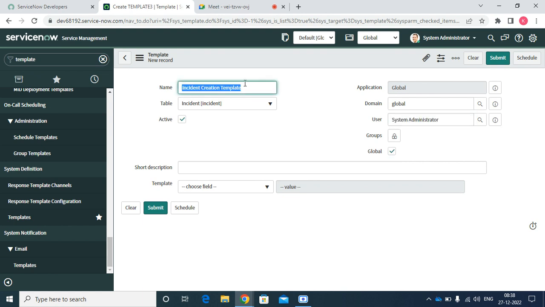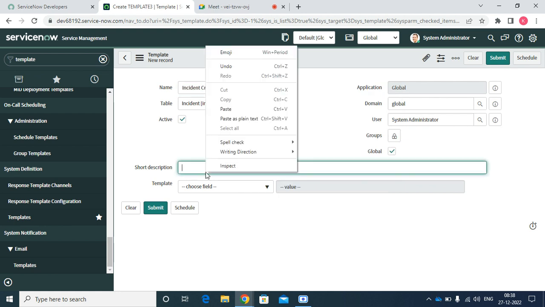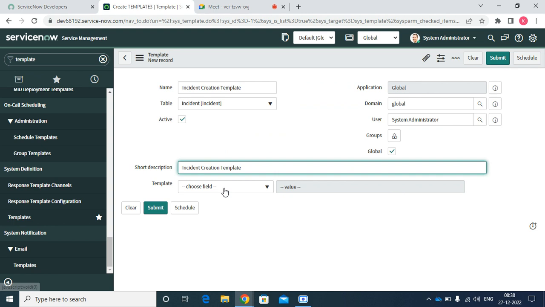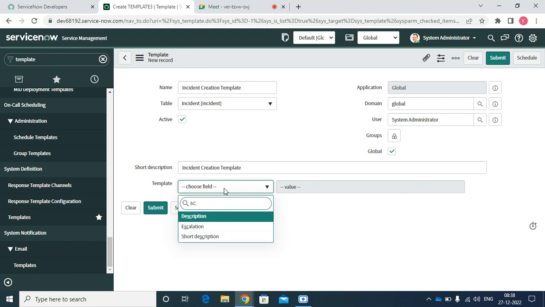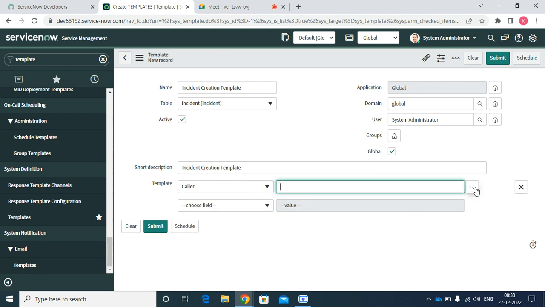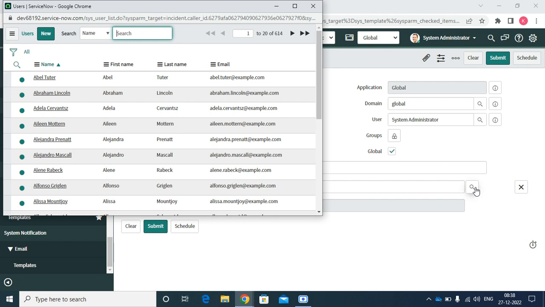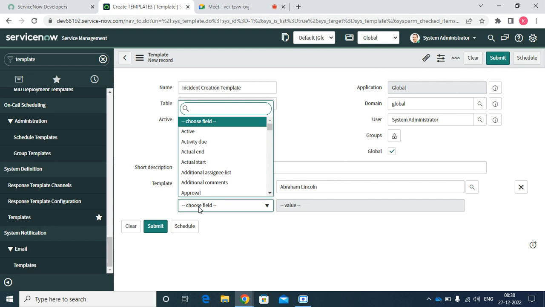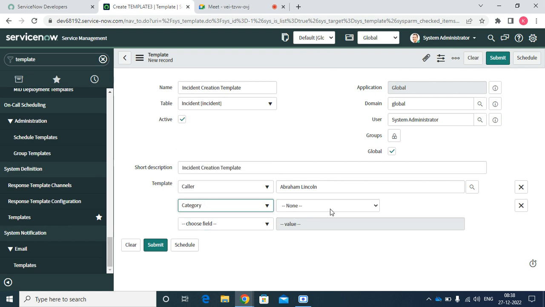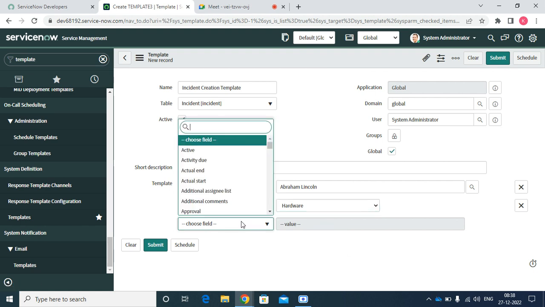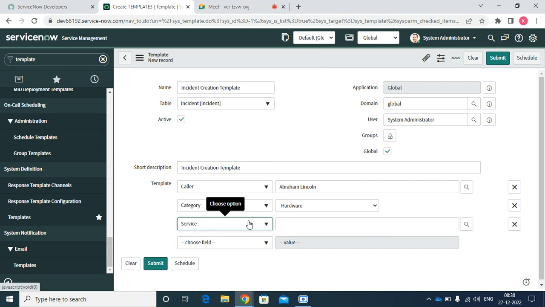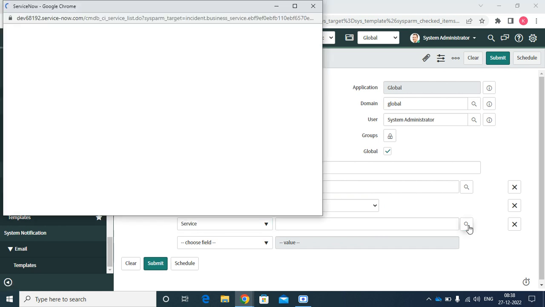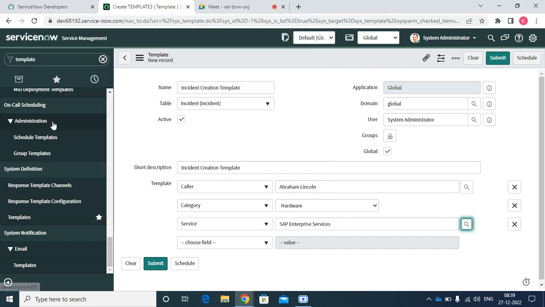So I'm just going to right click, copy, paste. Now I'm going here, schedule. Okay. So the incident, I'm just going to the caller. The first field is the caller. For caller, I want to make this Abraham Lincoln, and the next one is category. Category is hardware, and the service offered, we can select the same thing, SAP Enterprises, and